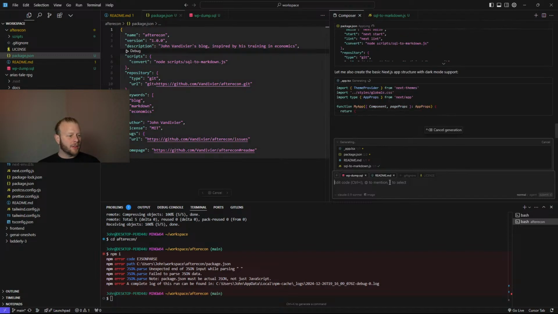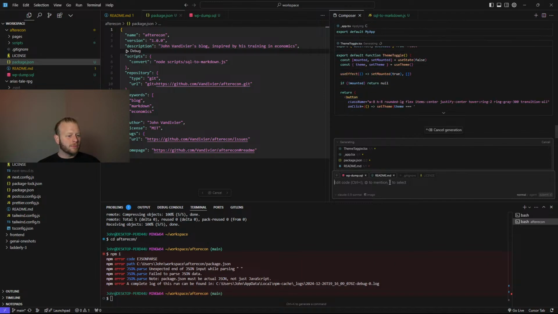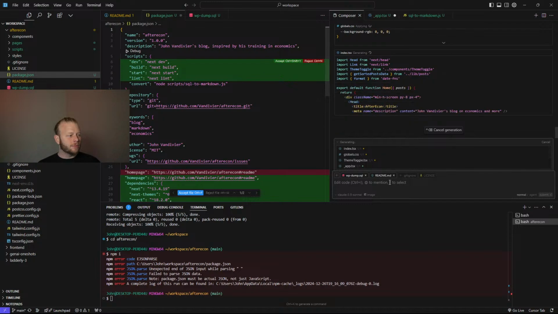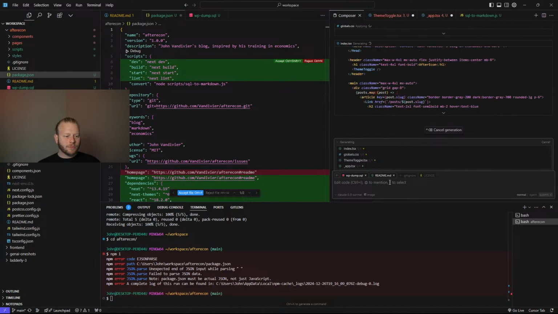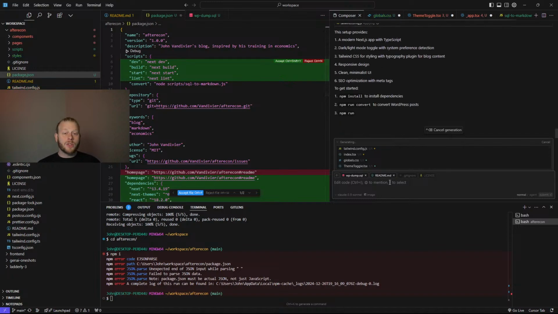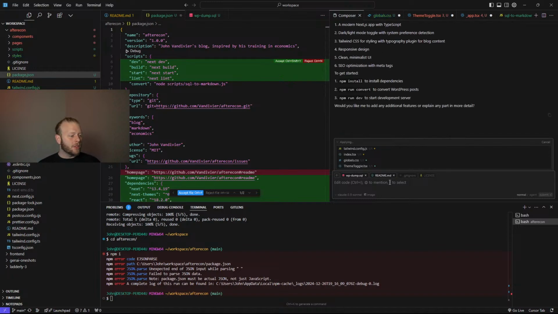Cool, this looks much better. Notice that I did not specify which framework to use, but it's chosen Next. Let's accept all.